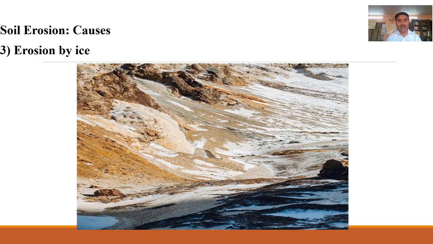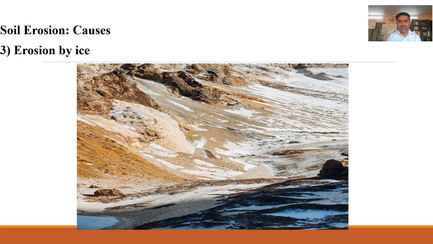As you know, in the upper parts of the mountains, particularly in the Himalaya, Alps, Andes and Rockies, there is an ice cover. Whenever this ice cover melts in the summer season, these ice sheets or ice particles erode the soil particles and bring them to another area.